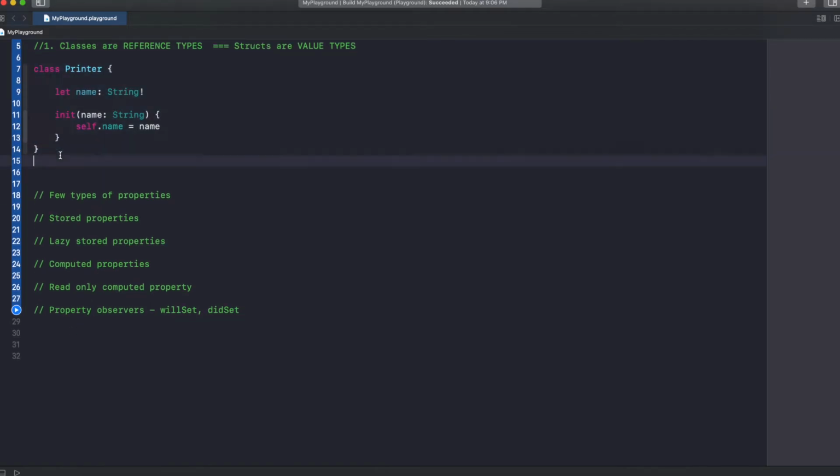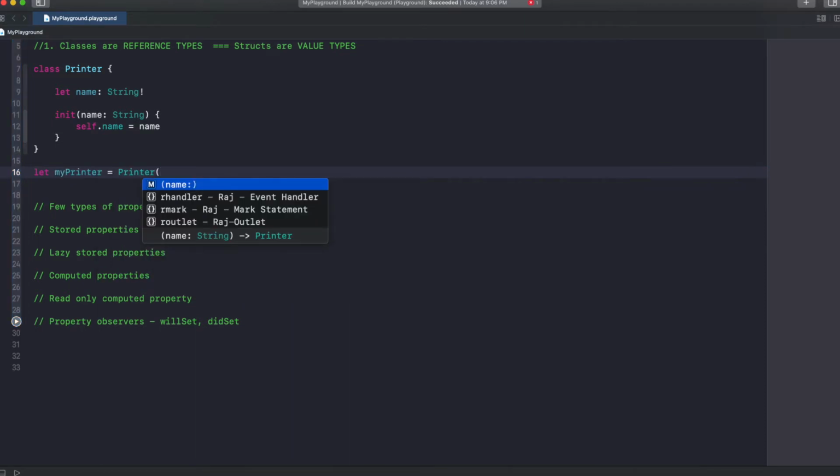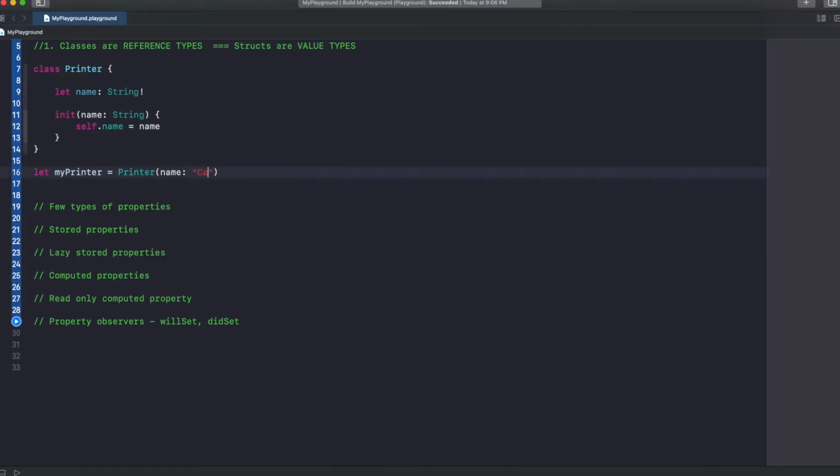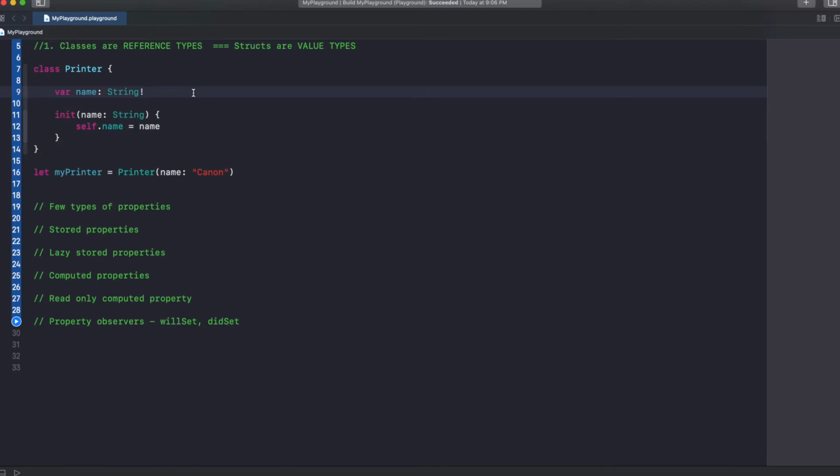Now I'm going to create an object for this Printer class. Let myPrinter equal to Printer and then pass a name. For this example, let me keep this property as a var one, right?